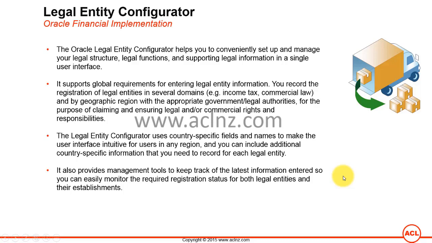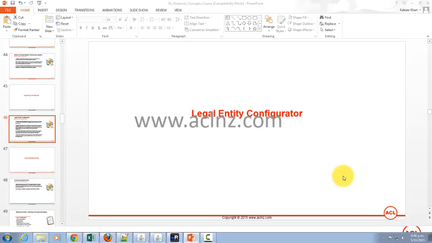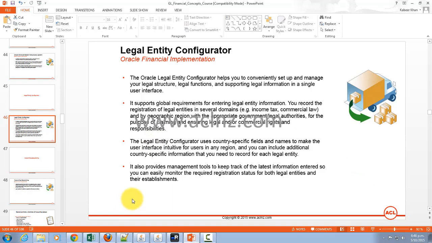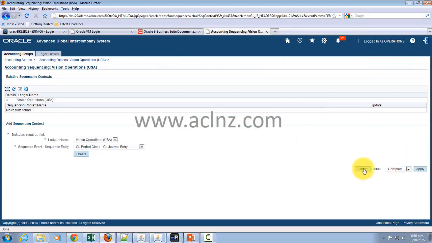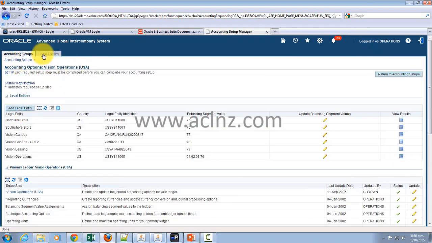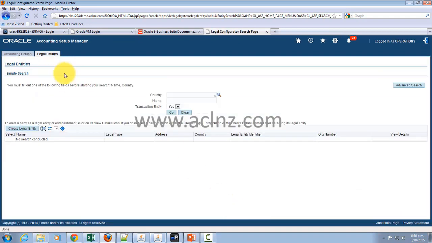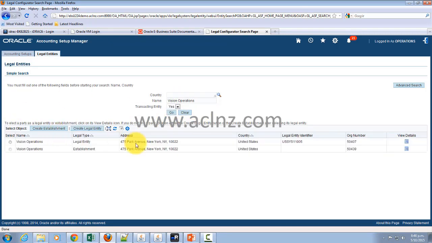So this is something I've shown you a little while ago with Accounting Setup Manager. It's the same form. So let's go back and revisit it once more. I'm going to cancel the existing form, and then go to the tab of legal entities here. Here you can either create a new legal entity or pull up an existing one. So let's pull up Vision Operations, and as you can see here, you can update the definition of the legal entity